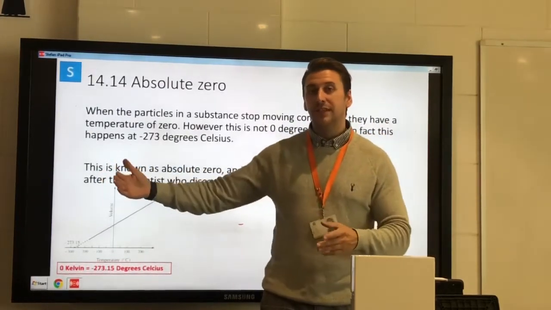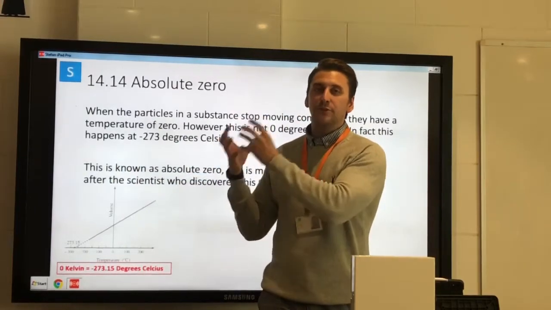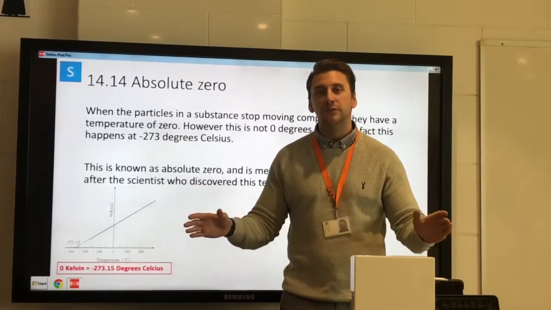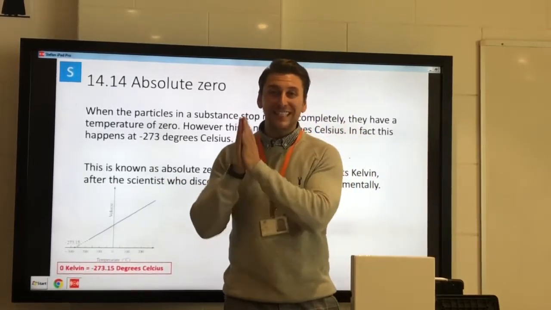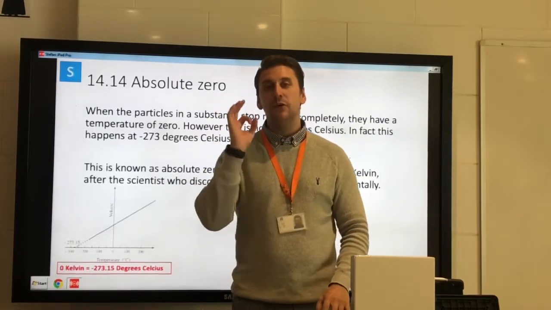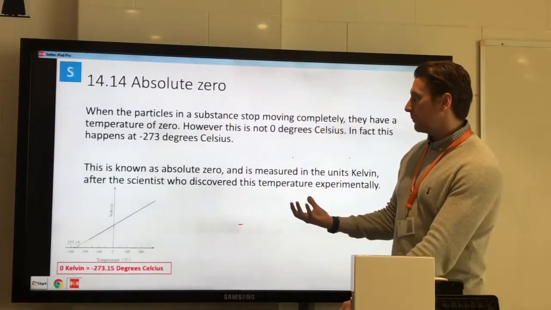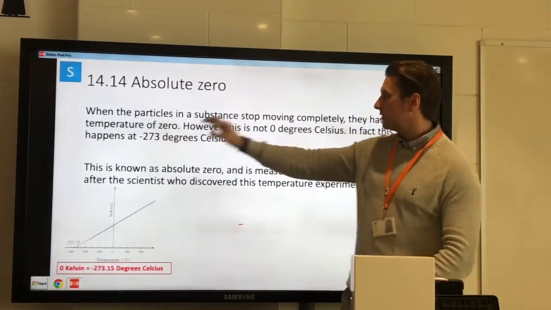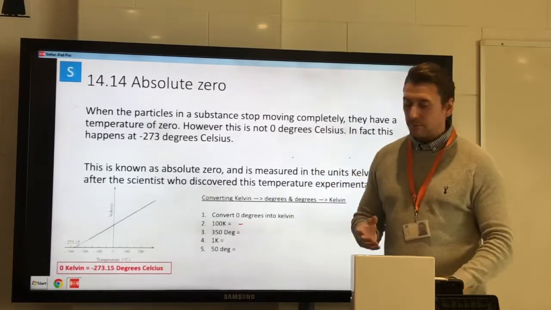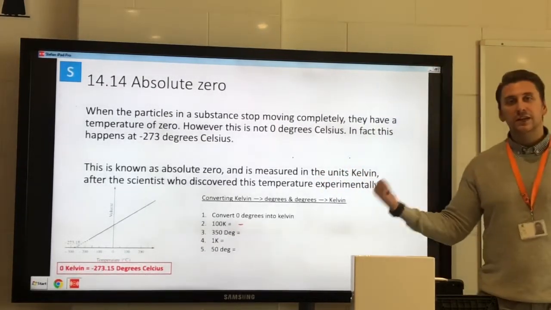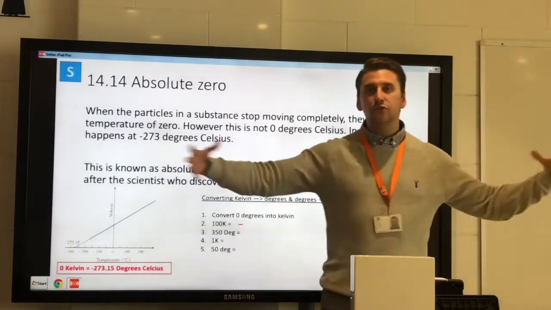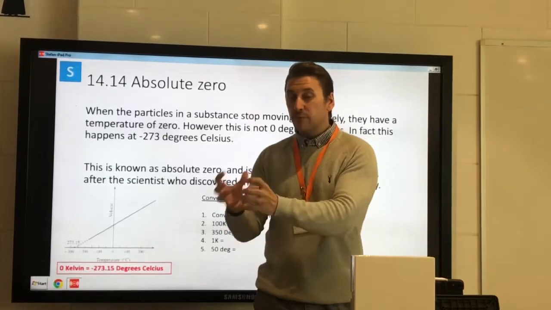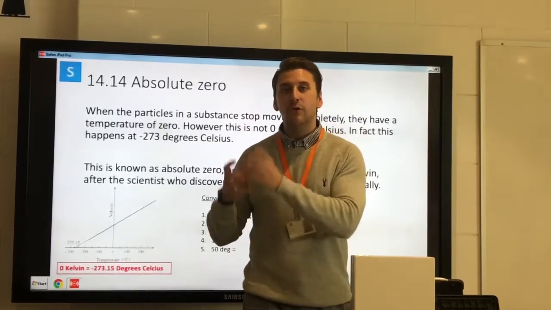The true temperature scale, the zero, the lowest temperature that you can have, where there is no kinetic energy, no movement, no motion in the particles, at minus 273 degrees Celsius, is actually 0 Kelvin. So it's a new unit for temperature, it's absolute zero. Absolute zero is minus 273 degrees Celsius, but the unit for that temperature specifically is given in units of Kelvin. Alright, so Kelvin is the true temperature scale. If you want to start at no temperature, no kinetic energy, no movement whatsoever, then you're on 0 Kelvin.